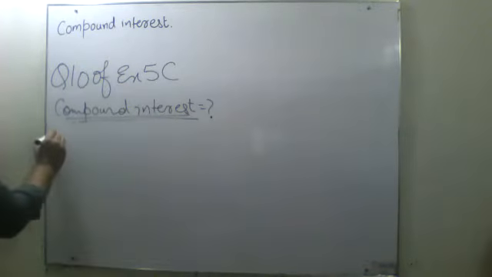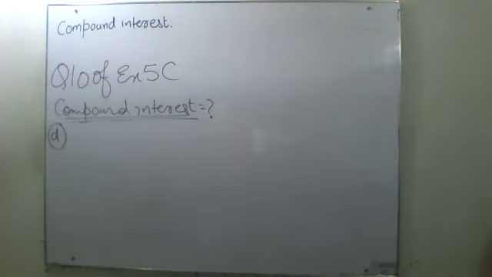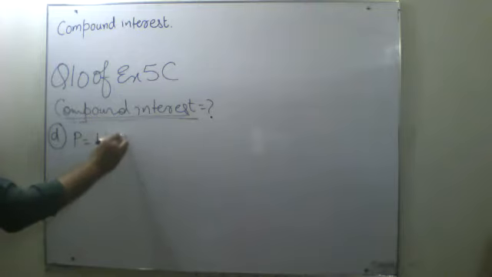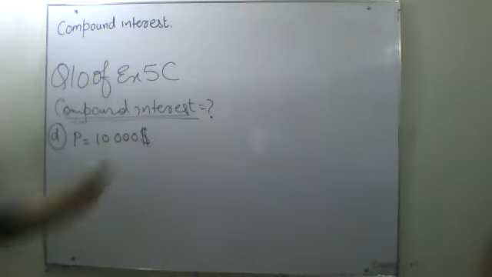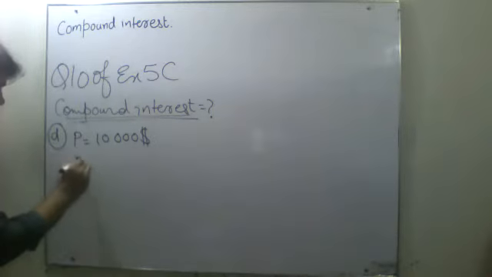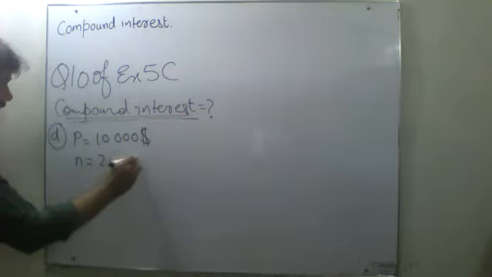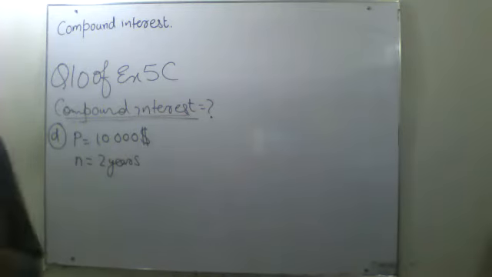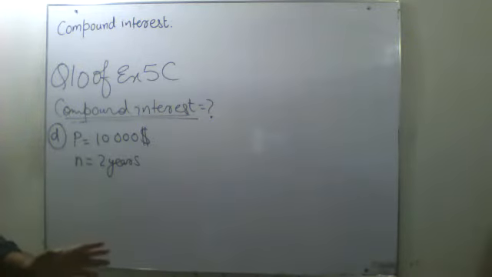Okay, question number 10, part B we are going to do. Again, we have to find the simple interest amount and the compound interest amount. In the compound interest amount, they are saying that the principal is $10,000, and the time given is 2 years. So I have written n equals 2. But I will tell you later that it is not necessary that n will always be 2. So we will discuss that thing later again.